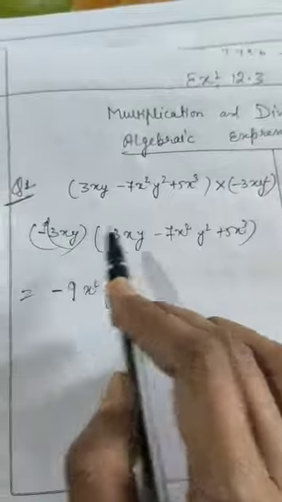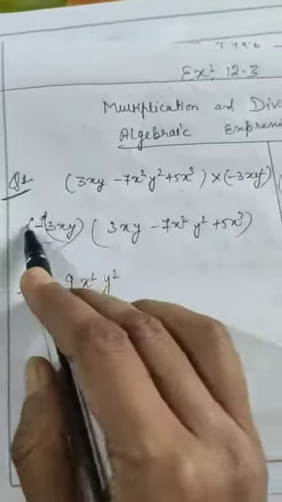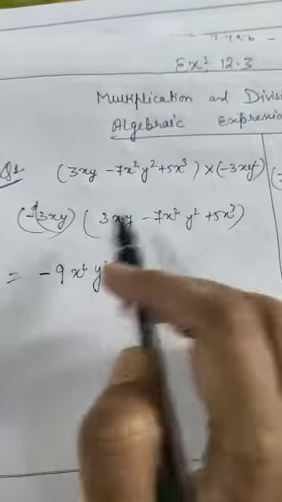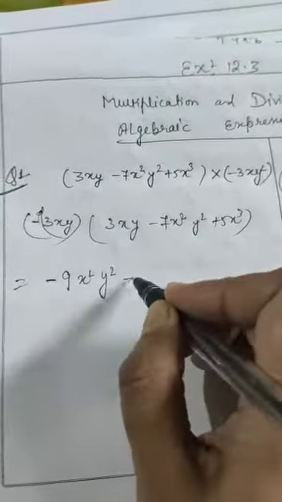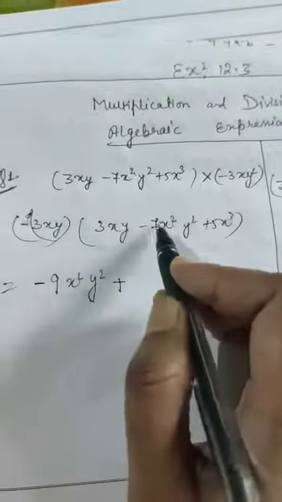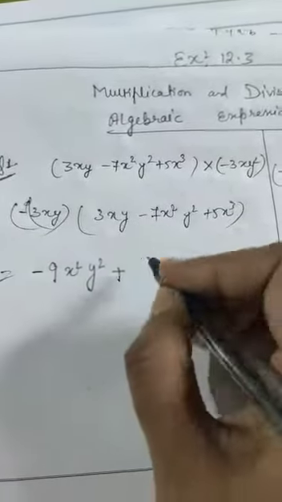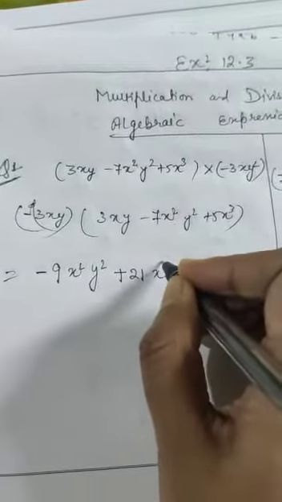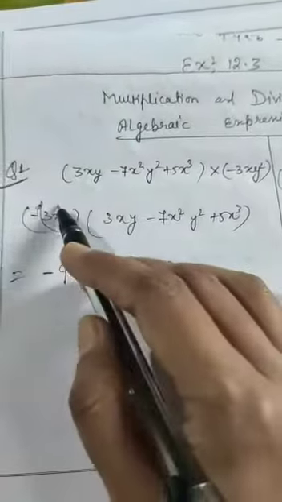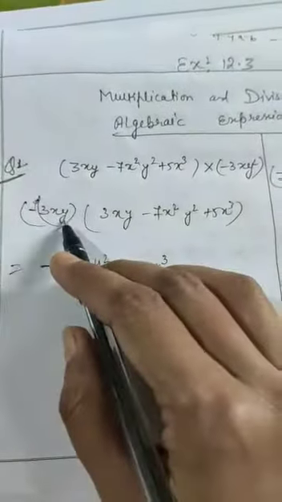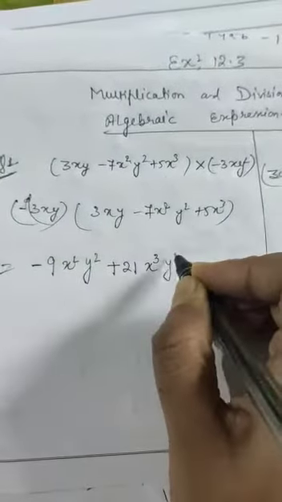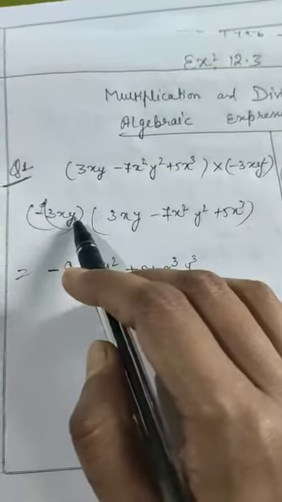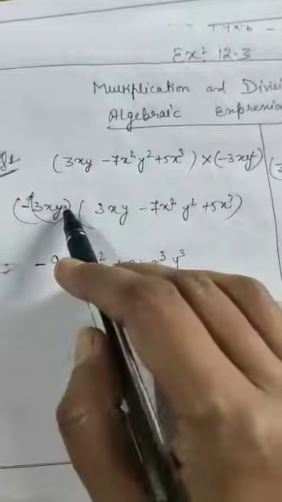Now next, minus plus, because we will multiply this one with this also and with this also. Now minus minus plus. Now multiply the numeric value. 7 3s are 21. Now x into x square, we will get x cube, because 2 plus 1 is 3. Y into y square, we will get y cube. There is 1 time y, there are 2 times y. So 2 plus 1, 3 times.